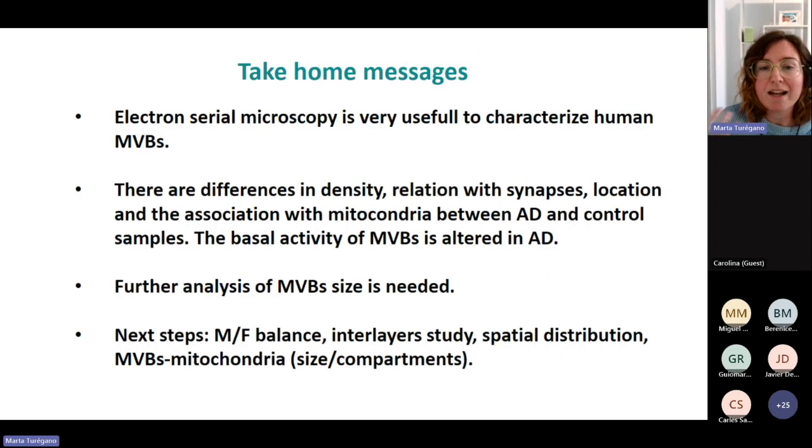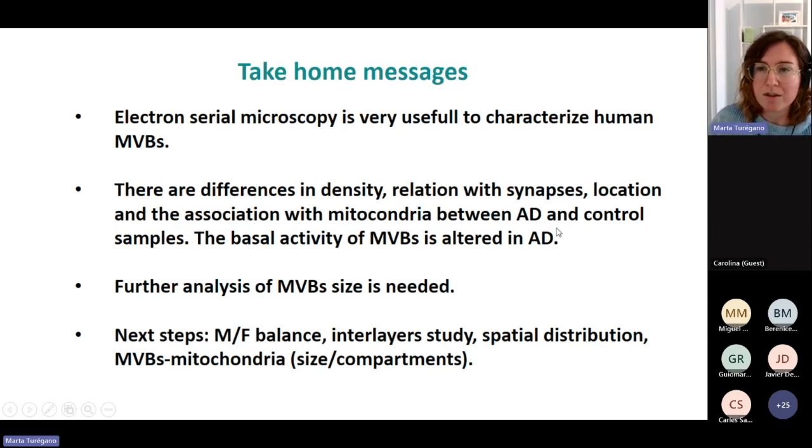So I have some take-home messages for you. This is a demonstration that serial electron microscopy is a very useful tool to characterize human MVBs and to compare them between samples from control and Alzheimer's disease, even with samples from other animals. There are differences in density, in the relation with synapses, the location and the association with mitochondria between Alzheimer's disease and control samples, and it seems like the basal activity of MVBs is altered in Alzheimer's disease, because we found very conserved